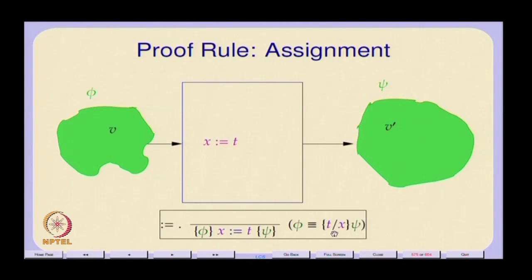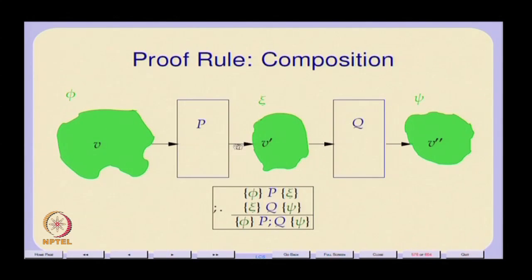Otherwise, under L-value and R-value conditions, pure substitution would not be possible. Okay, composition. So essentially, what we are saying is you start from a state satisfying a predicate phi, and